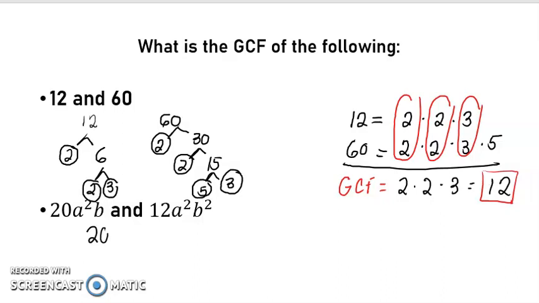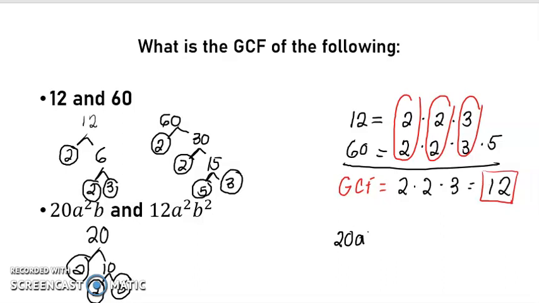20 is an even number, therefore this is divisible by 2. So, we will have 10. 2 is already a prime number. 10 is an even number, therefore we have 2, another 2. And of course, the other factor will be 5. So for 20,